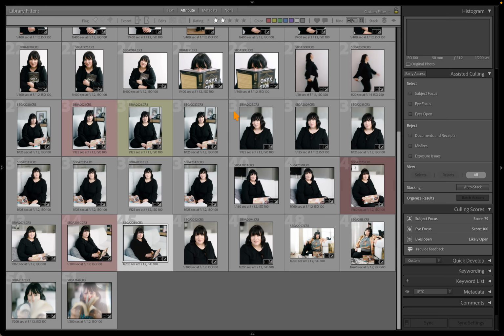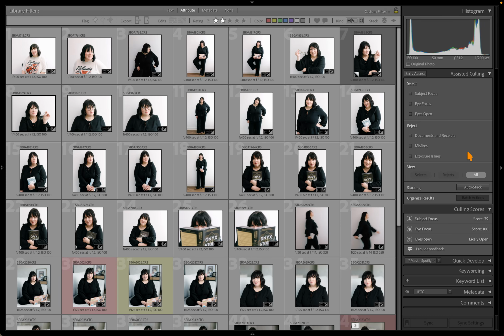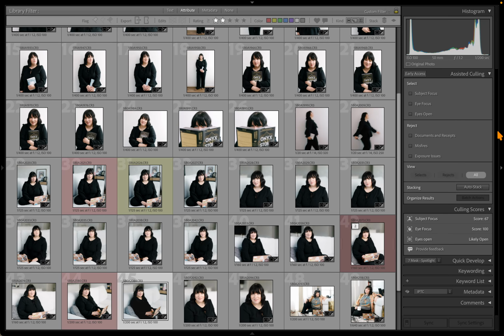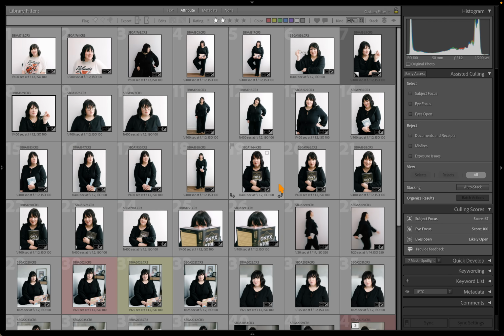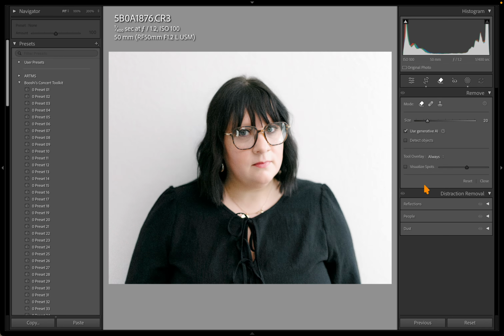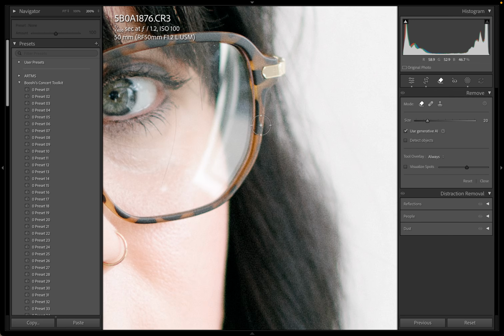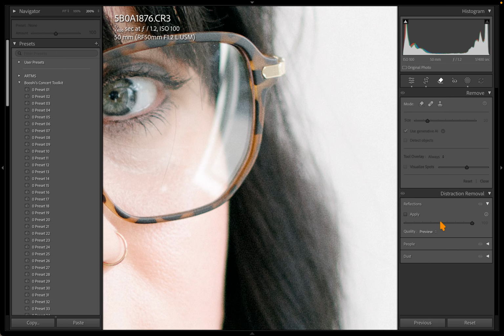So yeah, rounding up, not really a useful tool yet. Cool to see them adding something this big and this new to Lightroom, but it's just not there yet. And I'm kind of disappointed that the other, let's see, where's some pictures with the glasses. The other tool they added that I was excited about was the reflection removal. And I thought, that'd be perfect for glasses, but it only works for shooting through